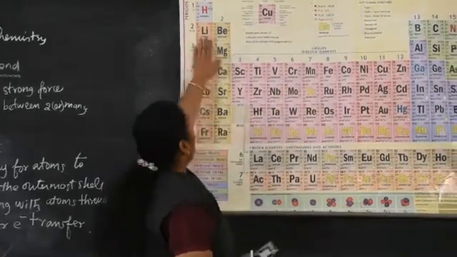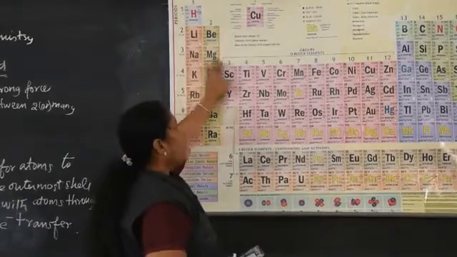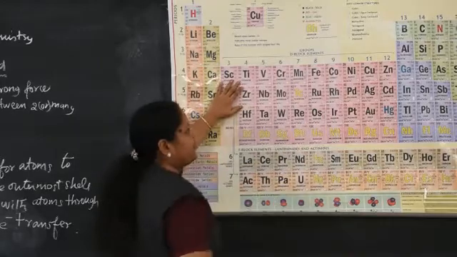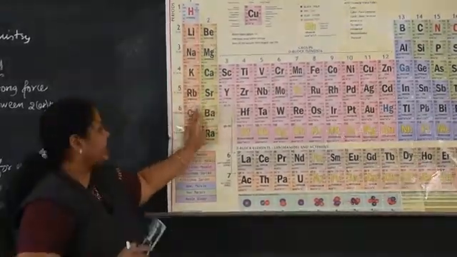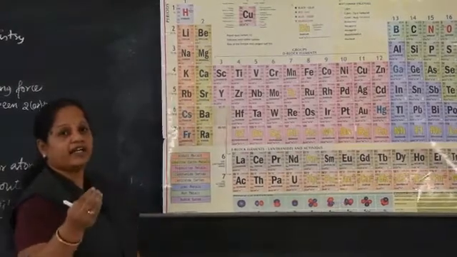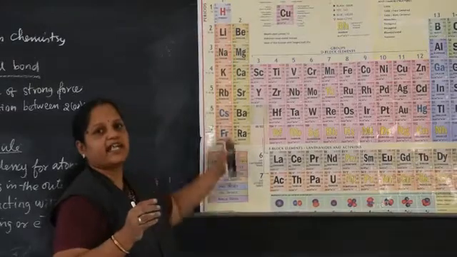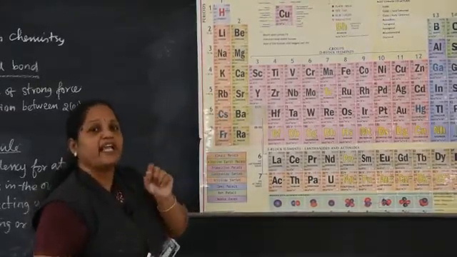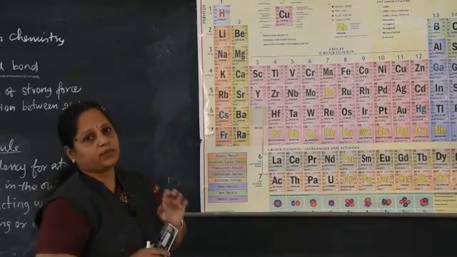Now, why are these called s block elements? What is the reason for that? Why are these called d block elements, and p block elements? When you write the electronic configuration for the given element, the last electron enters into the s orbital. That's why these are called s block elements. So these types of elements are called s block elements.